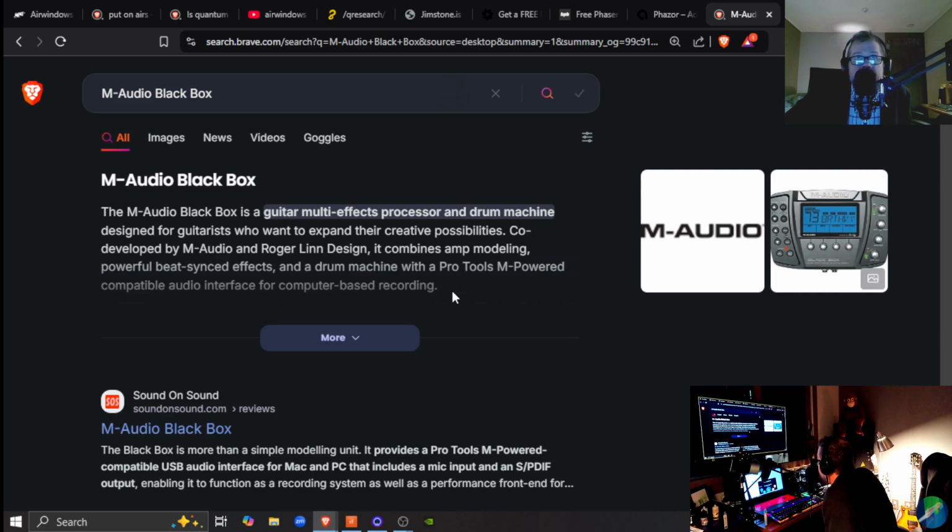So all the tremolos and sample and holds, all of it is synced to the drum. And you can feed the effects and the amp sims and everything through the drum machine. It's really an amazing thing.